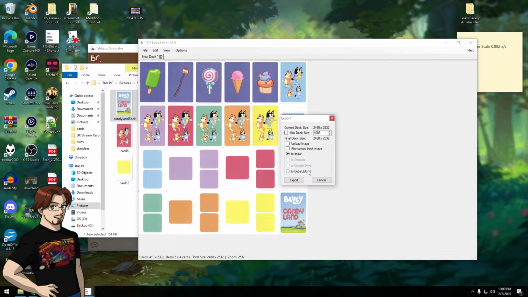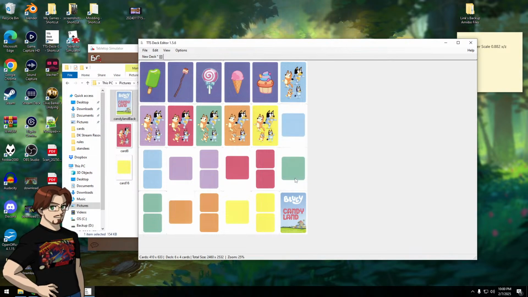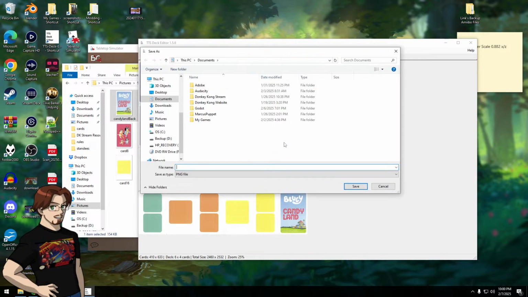I don't use any of these because I have my own web space, but Imgur is a valid source to upload to. I have stopped using Steam Cloud because it dropped like half of my files out of nowhere, and I had to fix so many broken mods. So I don't do Steam Cloud anymore because I don't trust it anymore. But Imgur's valid. Dropbox and Google Drive I've seen some people use. I personally have my own server that I upload to. But you want to export this